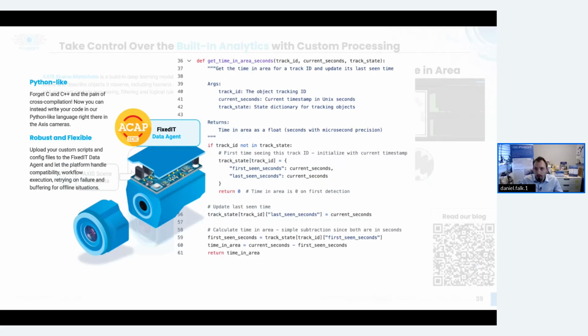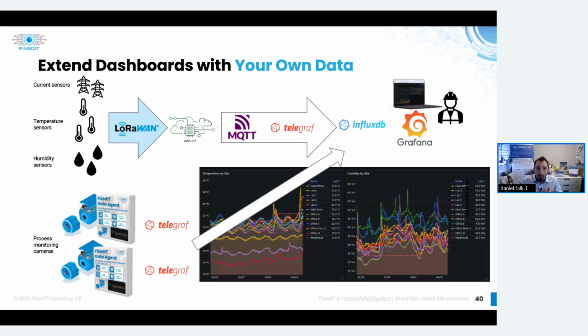And essentially the time and area calculation looks like this. So again, it's very Python-like code that almost any developer can understand and extend on. So again, I said that data typically spans multiple silos, and in many cases, it's not only data that are produced from the access cameras that you want to visualize in a dashboard, but also a lot of other